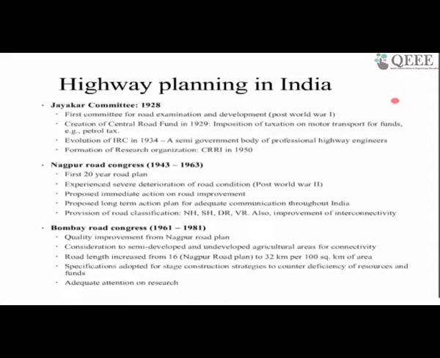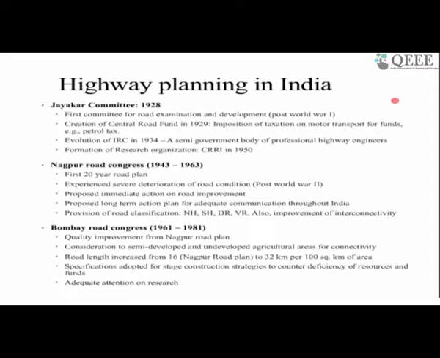If you see this road classification, these are actually for connecting the various cities within a country, and they go past the rural areas. So this classification is called the rural road classification. We'll again come to this later. So whatever goal they set in Nagpur, they tried to achieve in the next 20 years. They didn't even need 20 years, within 18 years they could achieve that, and that is why it triggered